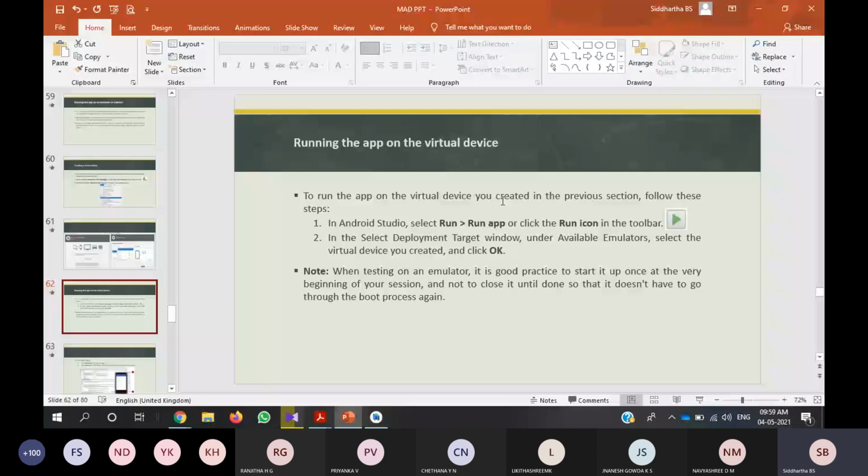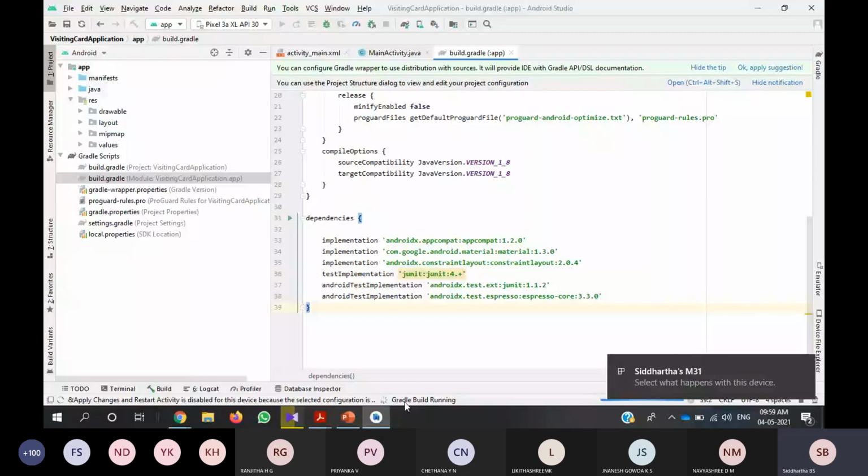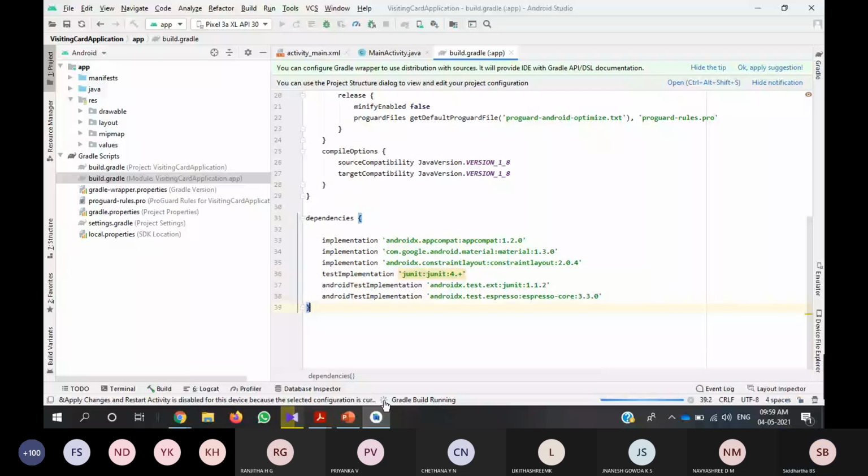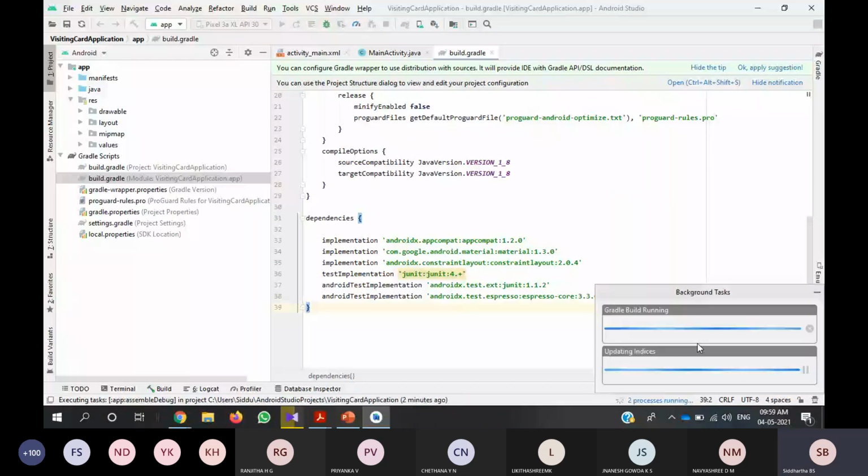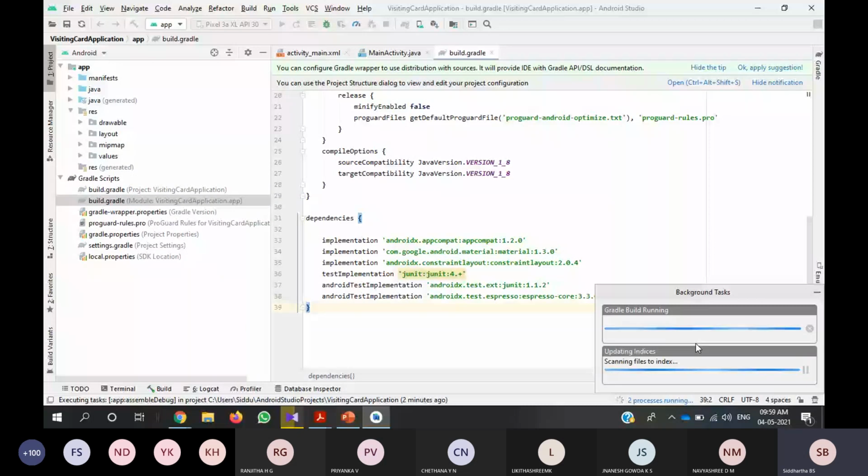As I said, after creating the AVD manager, you need to go to the run button. You need to run. See, it takes so much time to build the Gradle files. See here at the bottom of Android Studio, the Gradle build process. If you click, there are two things still running over there. You need to wait until it completes, don't do anything. Otherwise, your application, your framework will get stuck and hang.